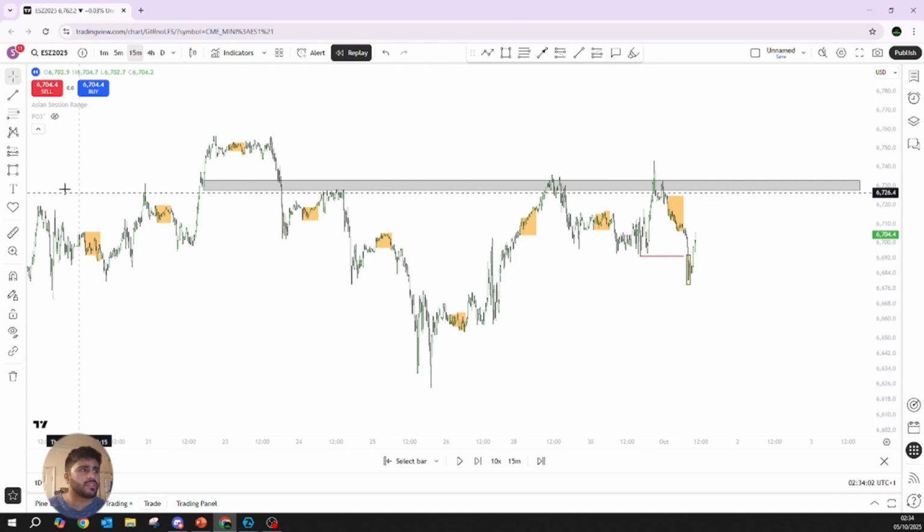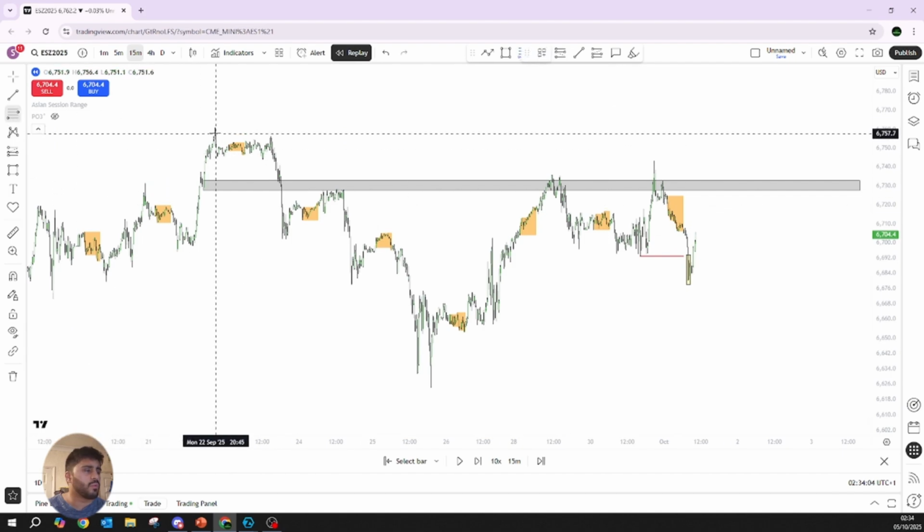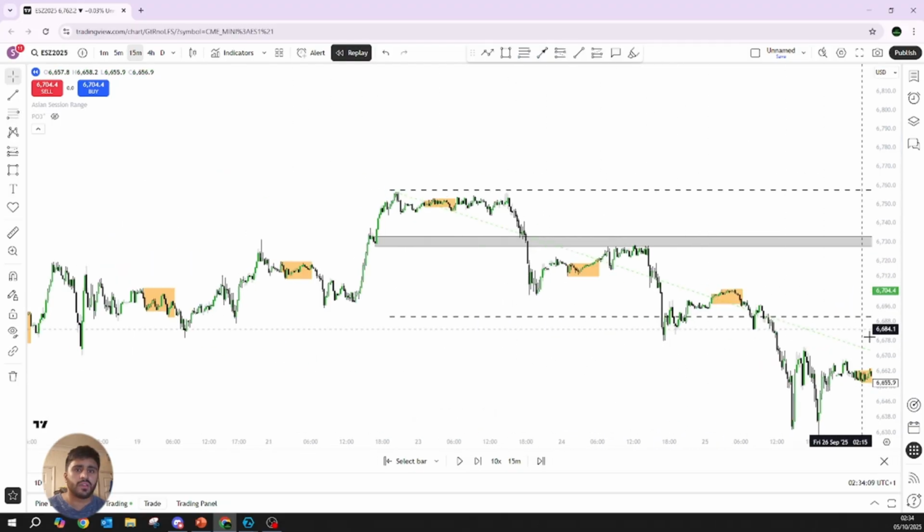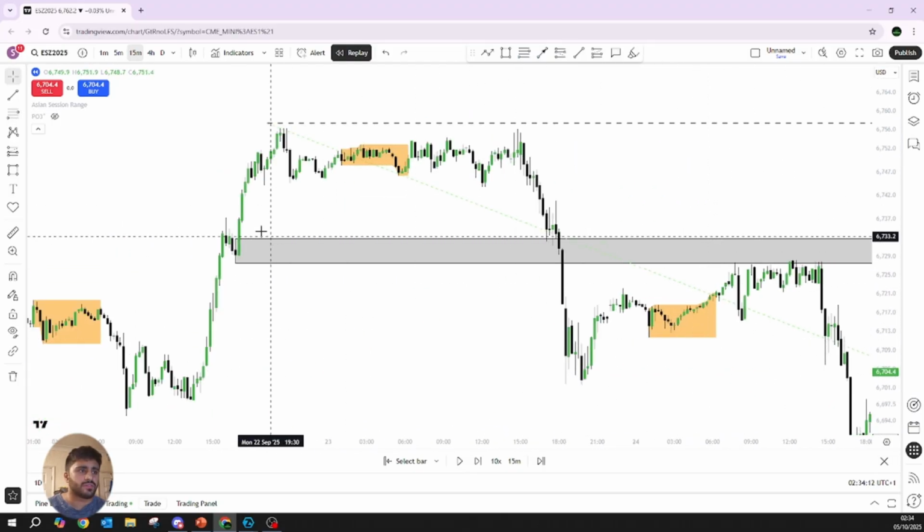So if I just zoom out a little bit, what we had was structure high and then structure low down here. So what made this a key level was this, right? So we had this